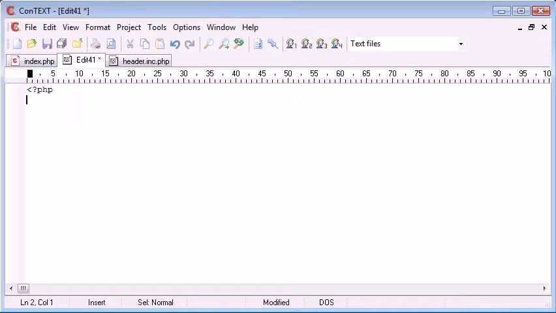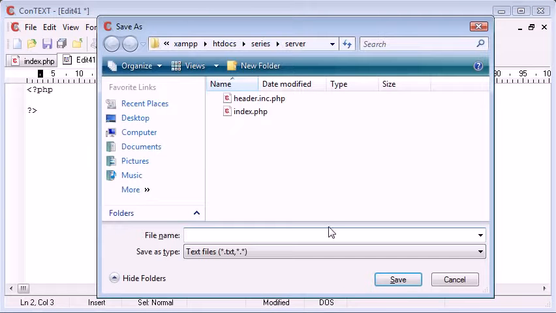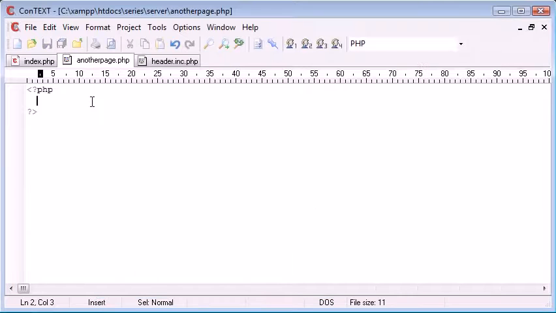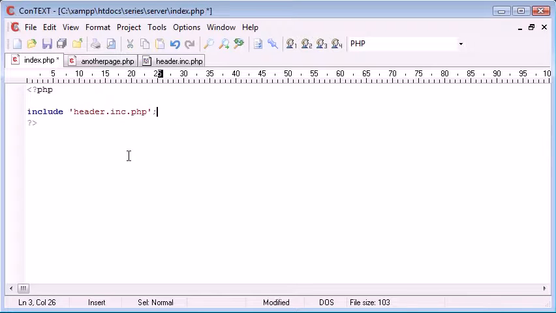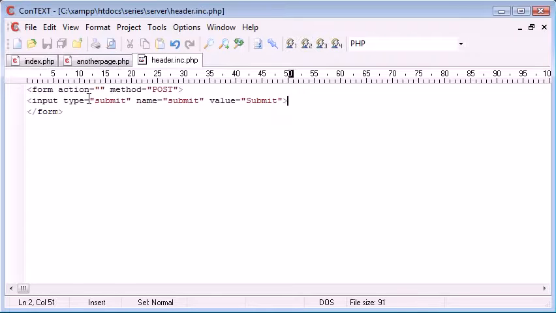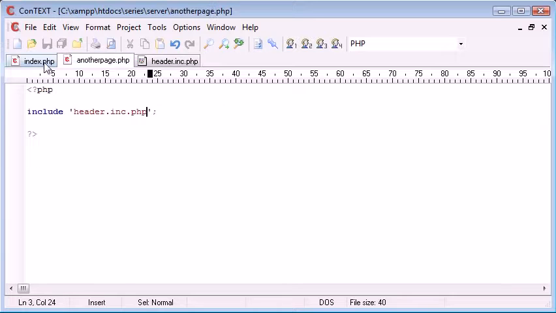So I'm going to create another PHP page here, another page.php. What happens if we had another page and we were including this file as well? So, header.inc.php. Now what I want to do is, let's just get rid of this for now. I want to submit this form,